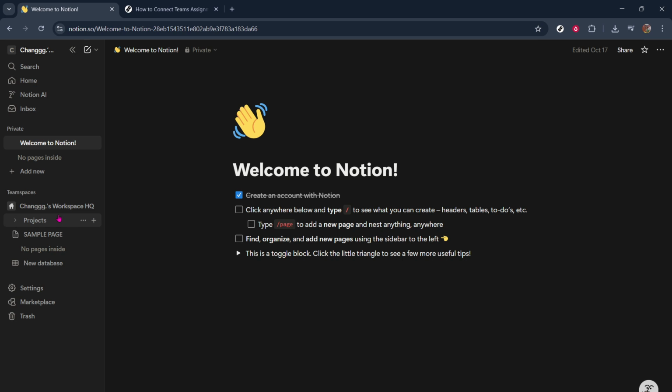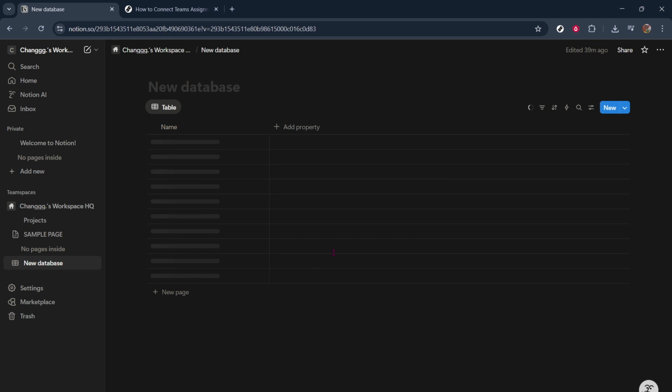Now, once you've linked the Notion calendar to your workspace, it's time to add your project database to it. This database is where you keep track of all the project details, and by adding it to the calendar, you'll be able to visualize deadlines, milestones, and other critical dates directly within your Notion calendar. To do this, go to your project database within Notion. Look for an option that allows you to integrate the database with the calendar. This option might be labeled as Add to Calendar or something similar. Follow the necessary prompts to complete the process, ensuring that all the relevant information from your database is now accessible